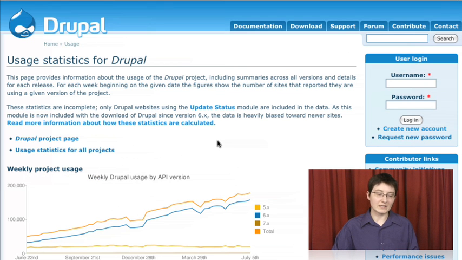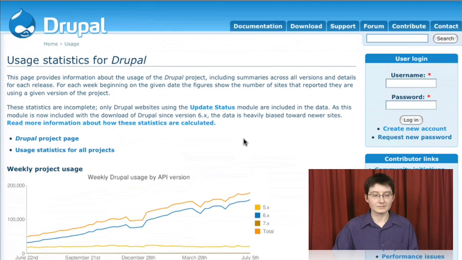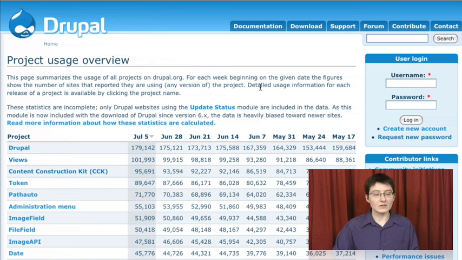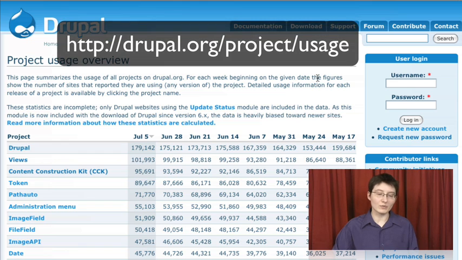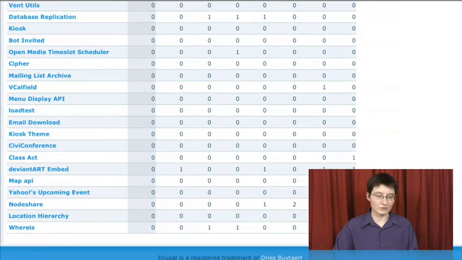Every project has one of these. This will show you the general usage in the community as well as the trends over time. A really handy link that you can get to from any project page, project usage page, is the usage statistics for all projects. This page shows a gigantic list of all of the projects on the entire site, starting with Drupal, which of course is going to have the most, all the way down to modules and projects that aren't